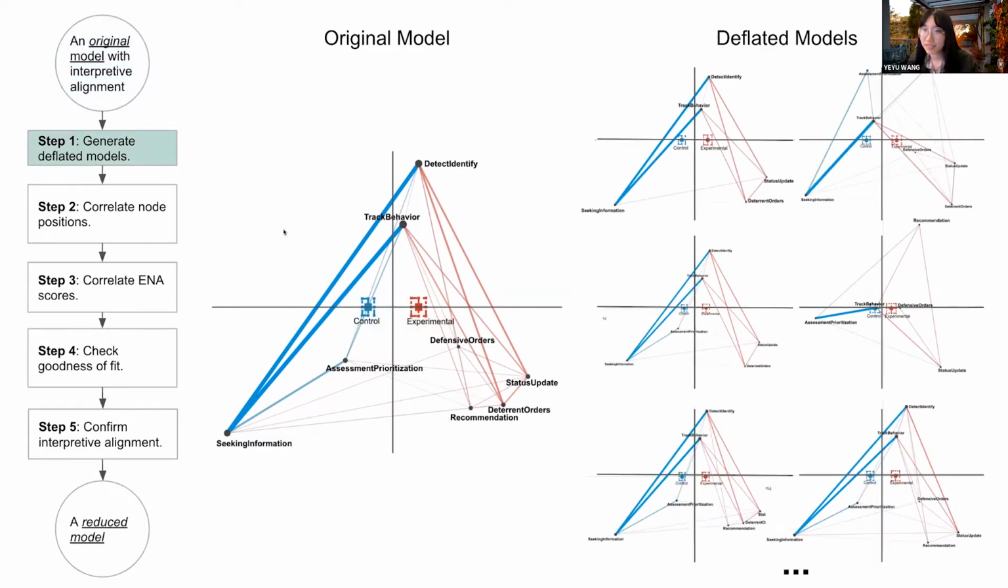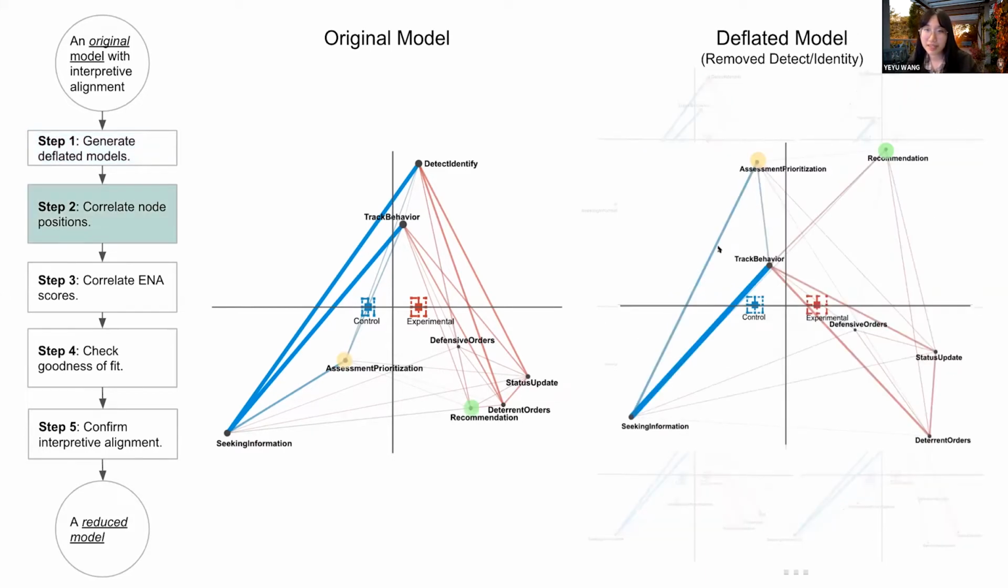Then we take the original model with 8 codes and generate 218 deflated models by having all possible code combinations that could be removed. There are 6 examples of the deflated models listed here. Then we correlate the node positions of the reduced model with the original model to maintain the interpretation of the